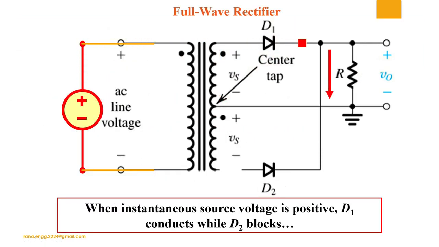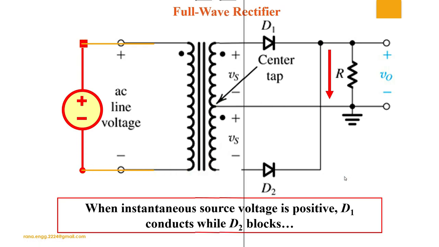Now let us see with this animation, we'll compare the full wave center tap rectifier and the bridge rectifier. So from positive we start the current. So for the first positive cycle, when the upper part is positive, this dot is showing the flow of current. So for the first cycle, this will start from here, D1 will be on, and then it will go through this particular path. Here D2 will be off. For first positive, when positive is at top, this current will not take the path through D2. D2 will be off, right?